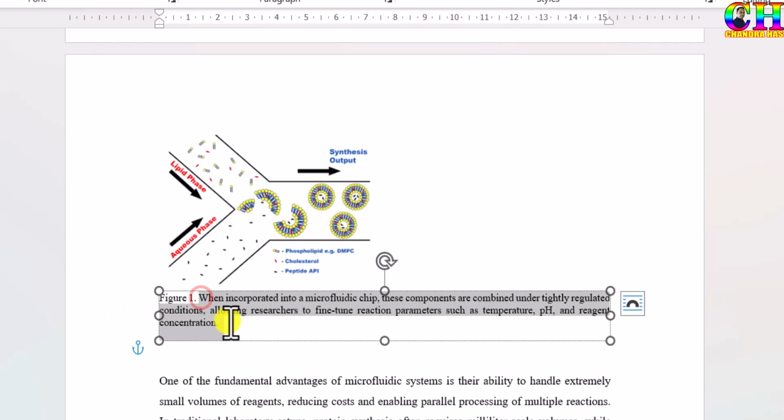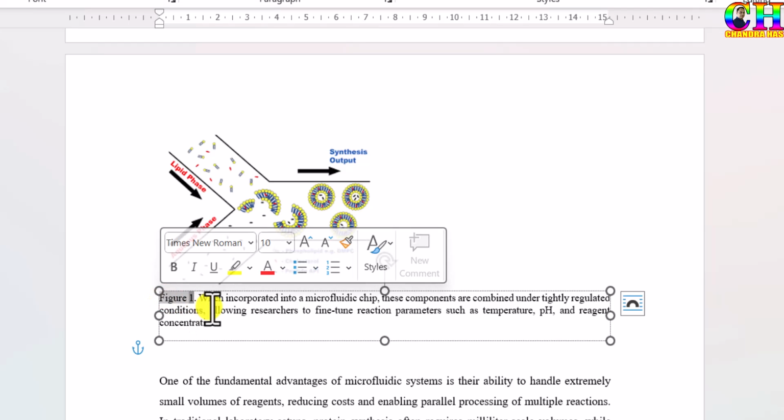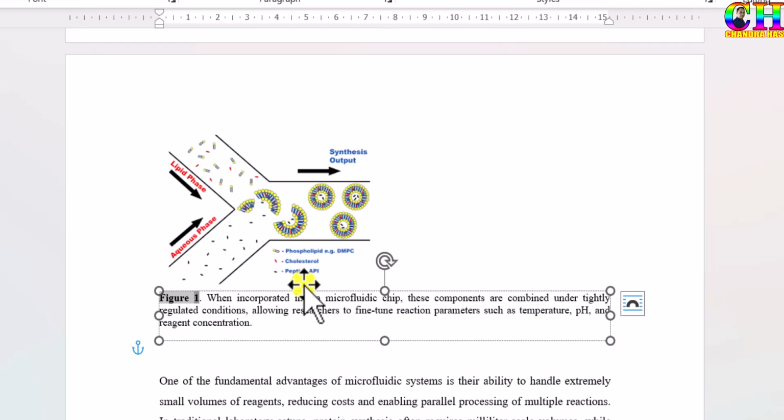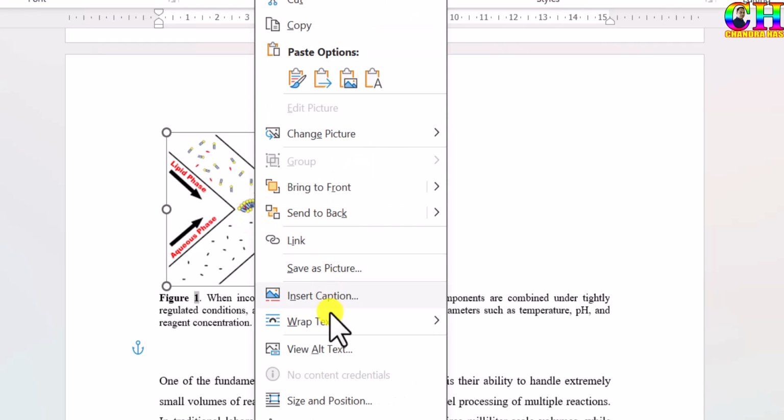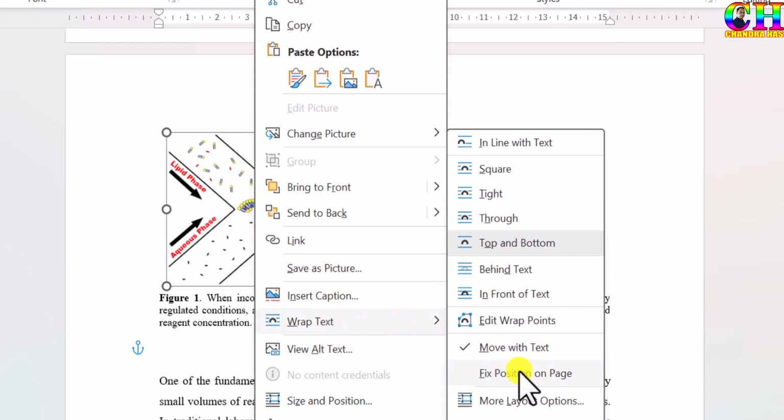Here for the caption text I want a normal font, but for the label I want boldface. Unfortunately there is no setting for this, so just select this and press Ctrl plus B. Also I want to keep this figure in the center, so just select this image, right click of the mouse, wrap text, more layout options,